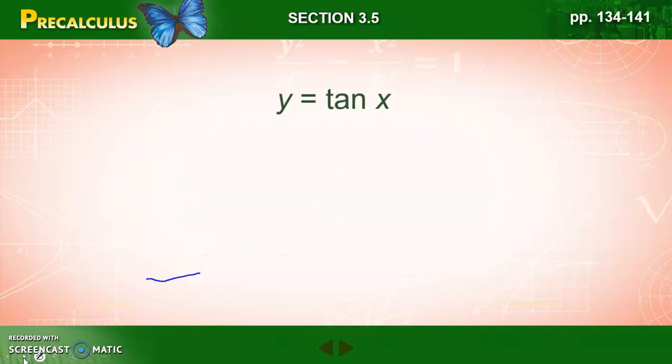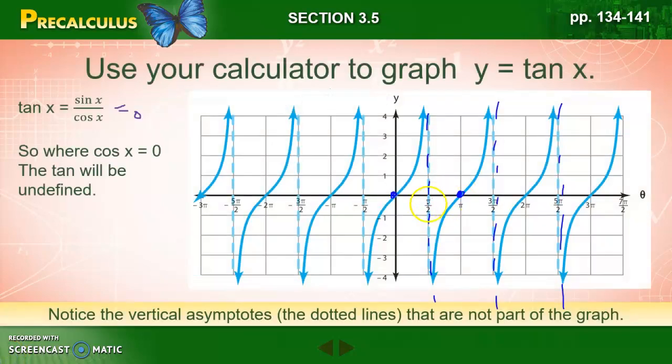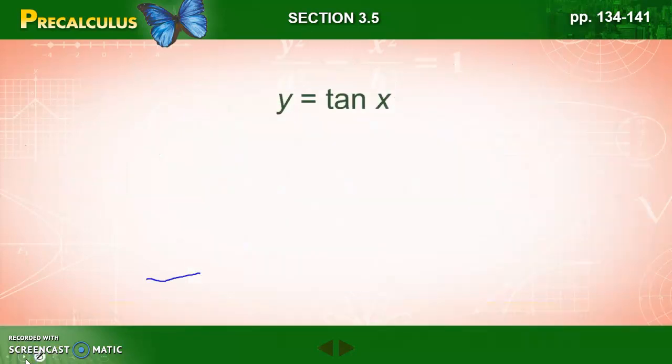All right, let's see what information we can get from this graph. Our period is pi. It repeats every pi. Let's go back and look here. Okay. Each of these two units represents pi, so it repeats every pi. Okay, what about our